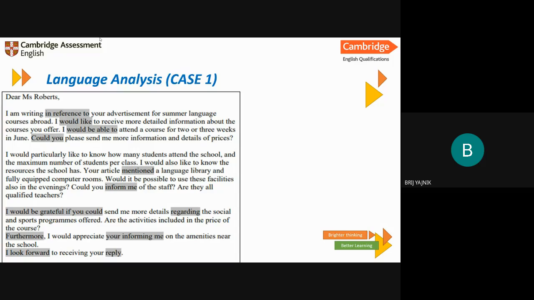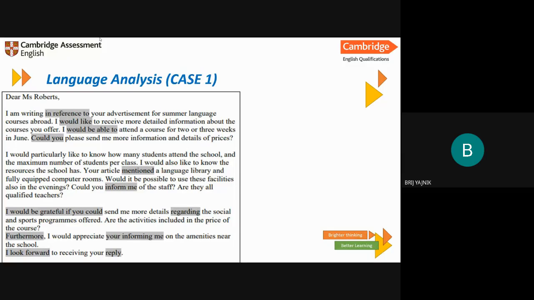There is one common error that no one might have noticed here, and that is a question mark in every request. Please don't put a question mark at the end of a request when you start it with could, would, should, or any other modal. And on the other hand, in mechanics, we have already learned there cannot be a question mark in an email. In an email, you cannot ask a question. Yeah, you can ask a question, but indirectly by using the words I hope, and we did this last time already.